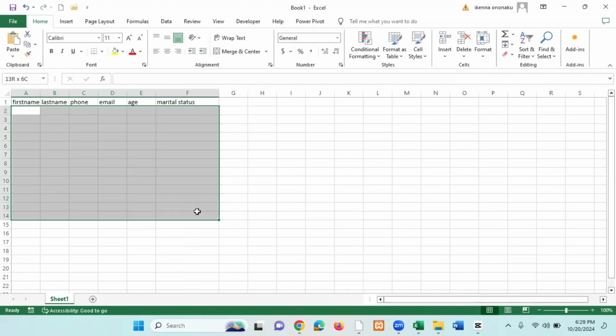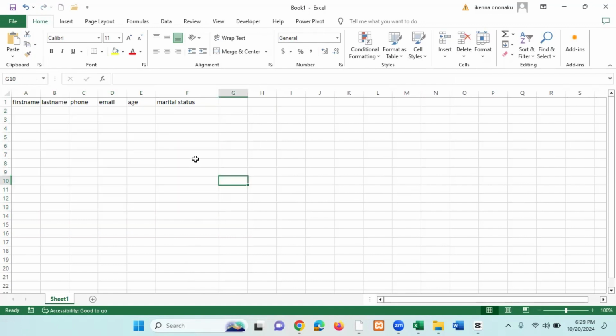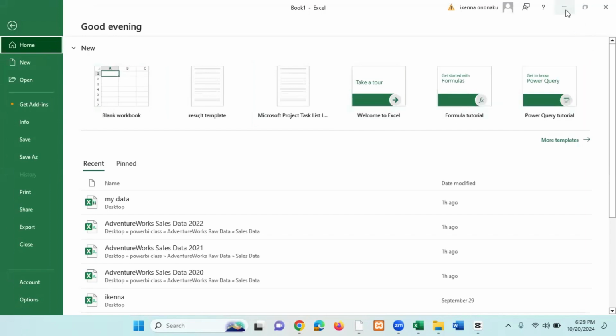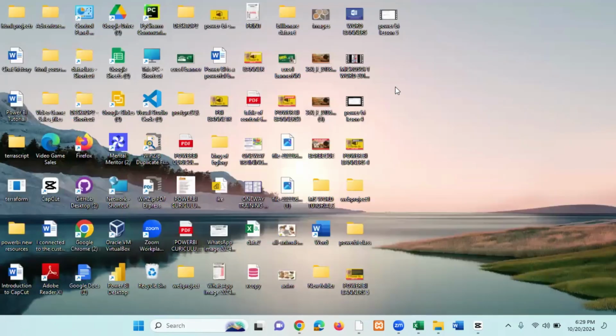Try to register or enter about 10 names in this particular table. After you do that, save it on your desktop with the name of the state. By the time you are done, for each state, you register 10 persons. Then, when you're done with that,